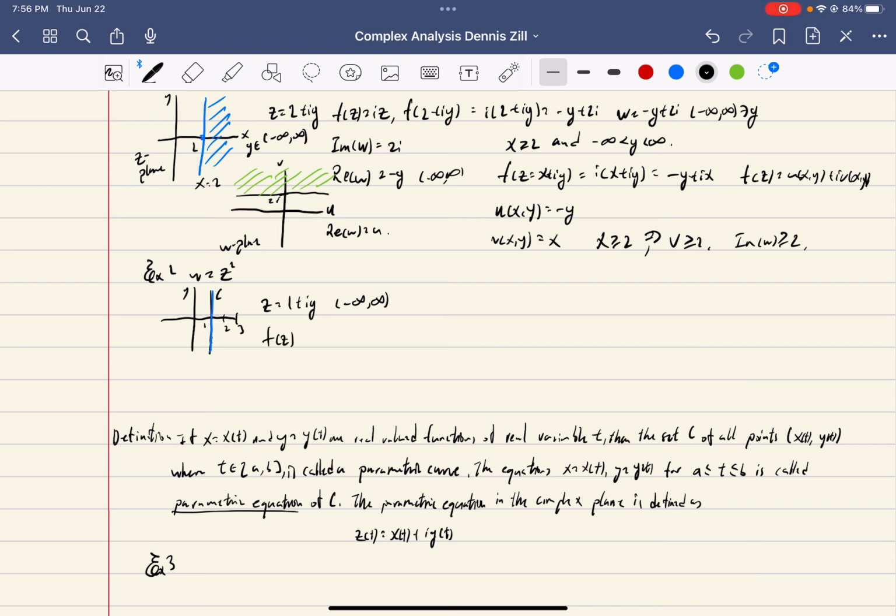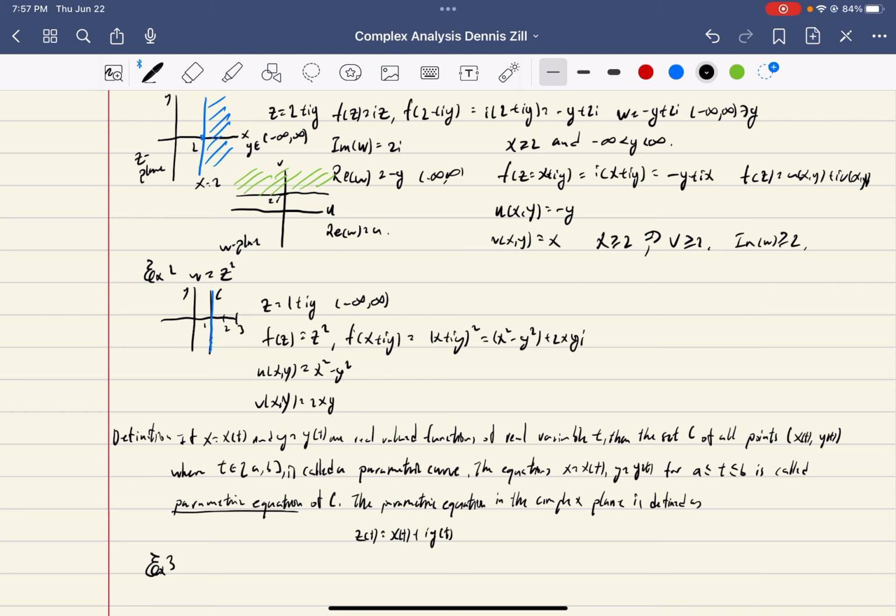We've done this example already, but this is how you approach it. Let me redo it. We know z is equal to x plus iy, and w is equal to (x plus iy) squared, and that gives us x squared minus y squared, plus 2xy i, right? I think this is what it was. And now we say our u is equal to x squared minus y squared, and v is equal to 2xy,